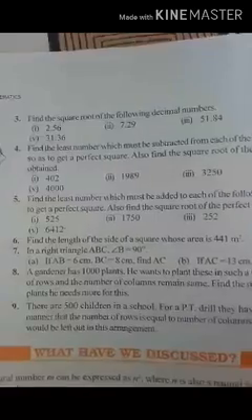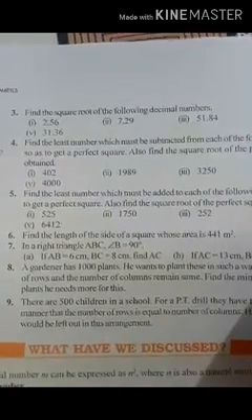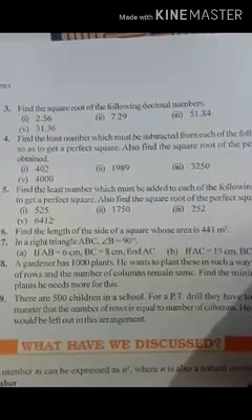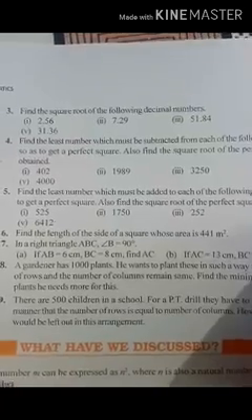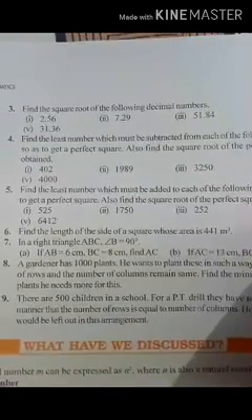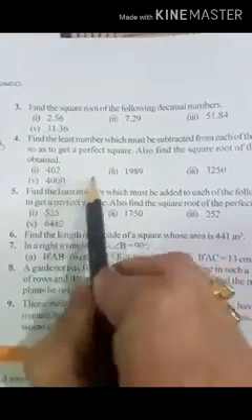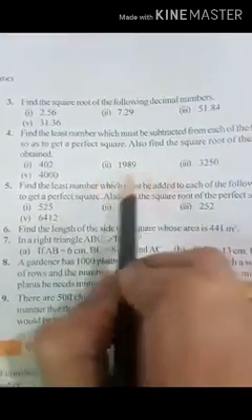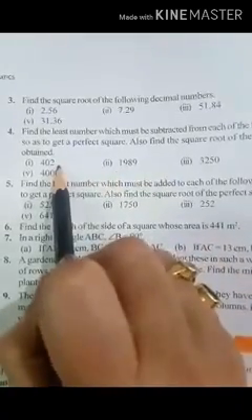Now see some more questions on page 108. The first one, question 3, is a direct one. Find the square root. Question 4 is also something I just explained from the example. Find the least number which must be subtracted. So for subtraction, you'll find the square root of these numbers using the division method. You'll get the remainder because these are not perfect squares. And then you have to subtract that remainder from the given number.